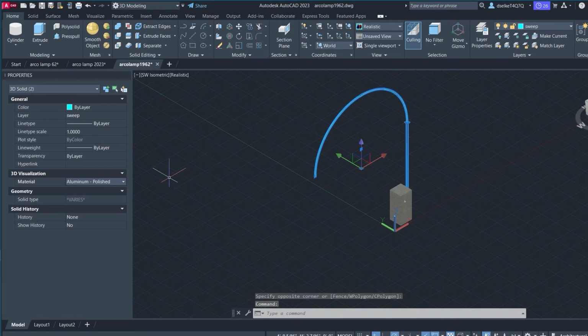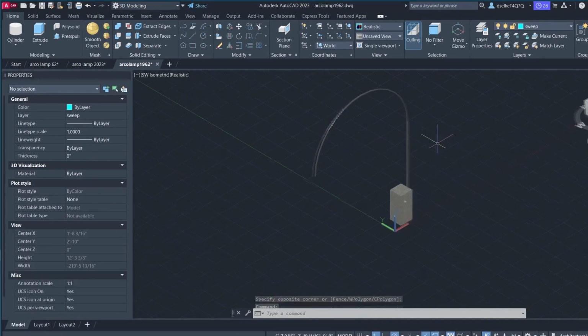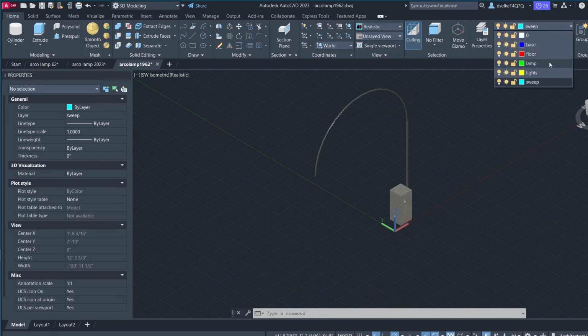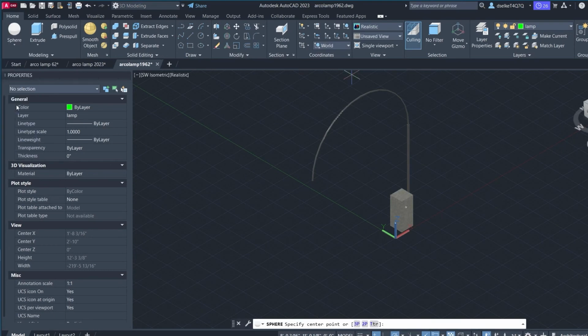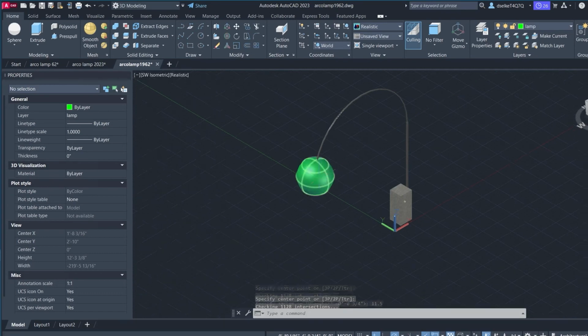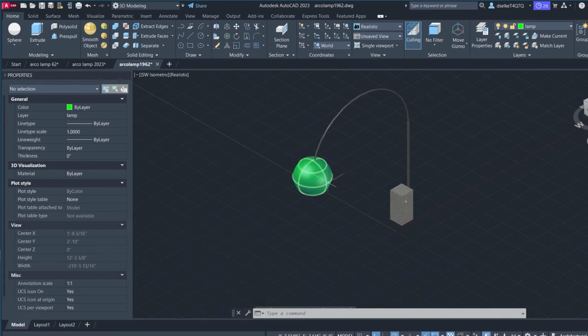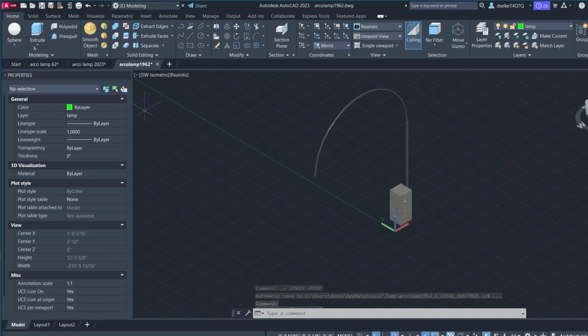All right, so now we've got that piece. We can select those guys and then change those materials to the polished aluminum. Polished aluminum shows up nice. And now we're going to draw the lamp itself. So we want to switch over to the lamp layer, and then we're going to use a sphere. We're going to go over to our sphere command, use the center of the sweep, and then give it a